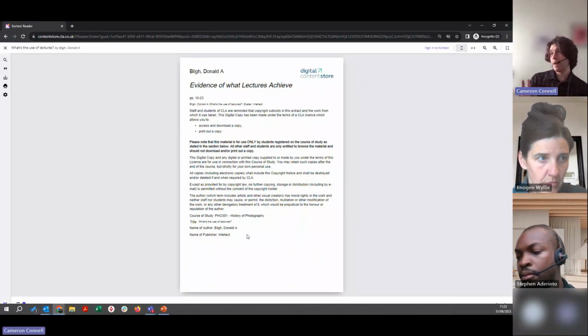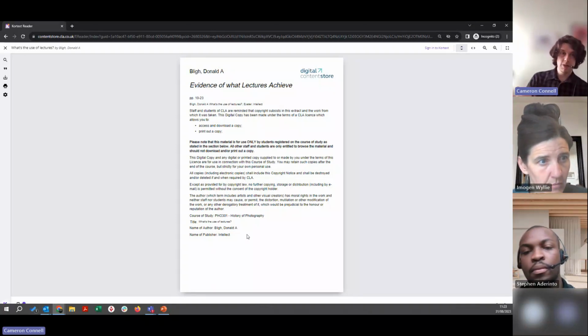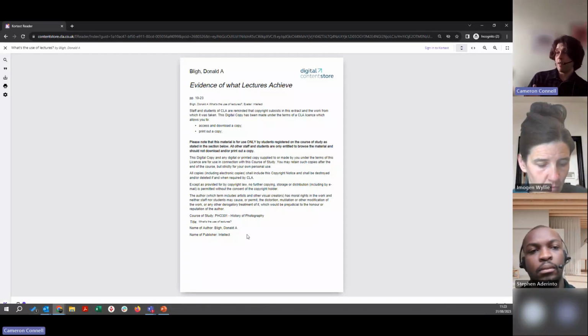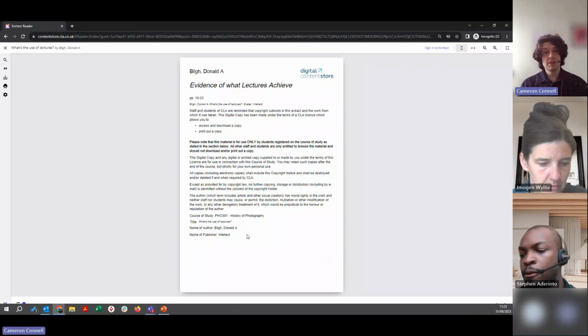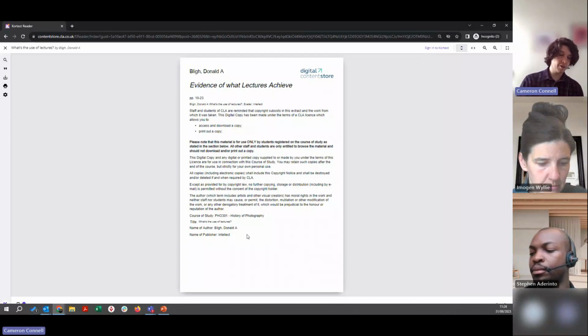It's quite broad, and basically it is up to each HEI to decide whether or not that is sufficient for the purposes of sharing that scan. So it will depend on what permissions you're using, but if the generic one that's generated is not sufficient, then you may need to add another copyright notice to the scan. Worth mentioning, this does not affect any scans in the shared repository, because only scans that have been uploaded under the terms of the CLA license are visible in the shared repository.